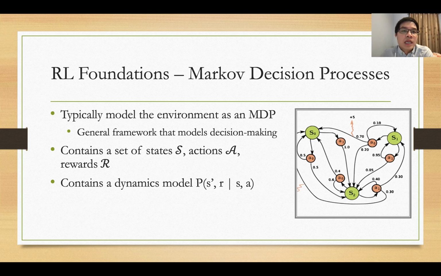The following is an example of what an MDP may look like. From the states, you can take actions, and those actions can lead to other states. The numbers on the black edges are probabilities of ending up in a particular state after taking a particular action. And the numbers on the orange squiggle represent the reward.